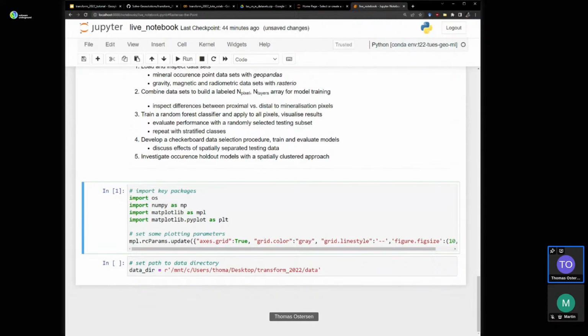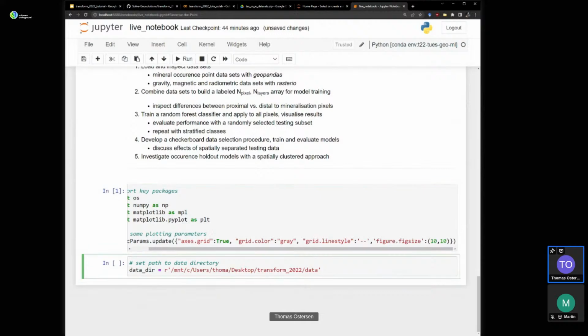So run that. You don't have to do this, but I've just got some plotting parameters here just to prettify the output, basically. So to get started, set your data directory. And then I'm going to set my path to the mineral occurrence file.